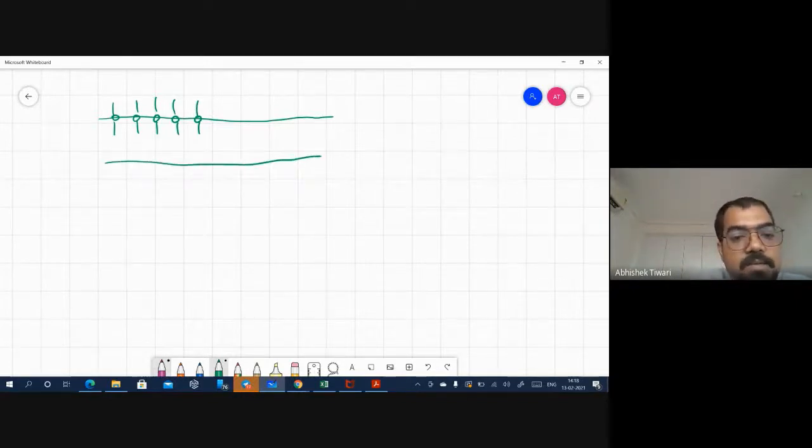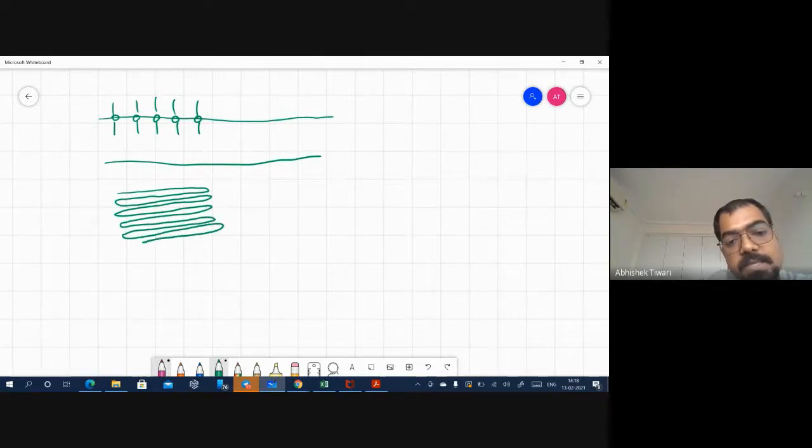And this chain can fold itself in a way so that it forms an order. So it can fold like this, and it can keep on doing that, and it can come very close to each other, but still between these two chains there will be van der Waals force,